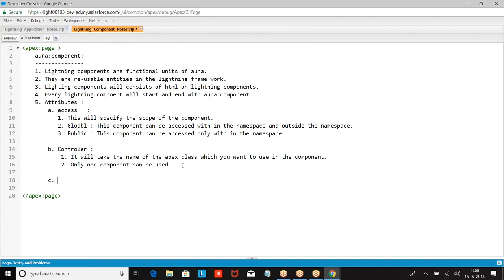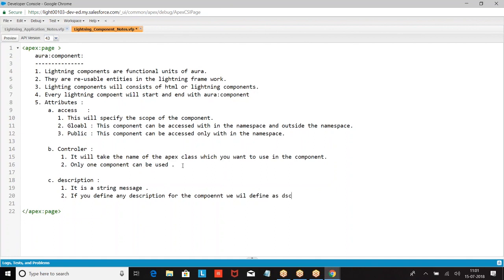We have description. It is a text message. If you want to define any description for the component, you would use description.